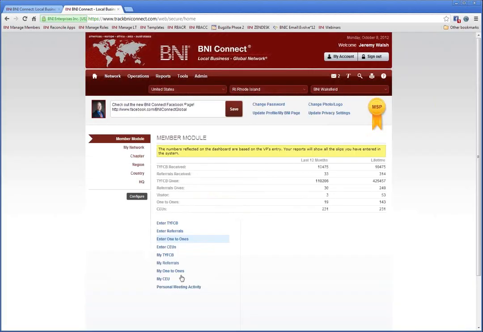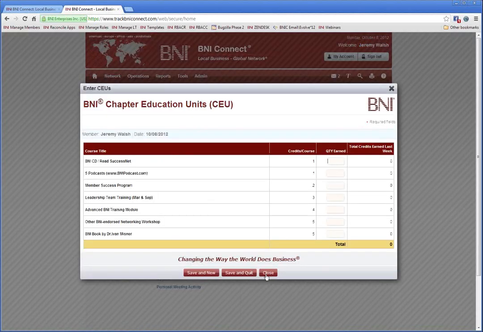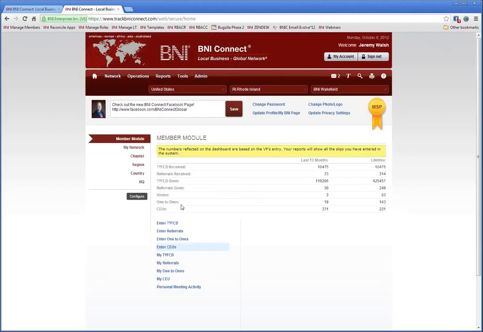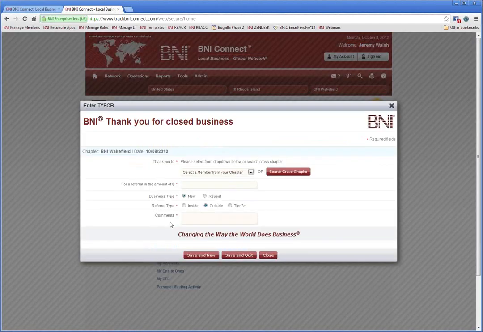Now, there's one thing that people are bringing up here, and that is the ability to do cross-chapter referrals. This is something that you will need to talk to your director or your executive director about because not all regions track cross-chapter referrals. But if your region is one of the regions that does track cross-chapter referrals, and again, talk to your director or your executive director about this particular thing, you will see a button here that allows you to search for